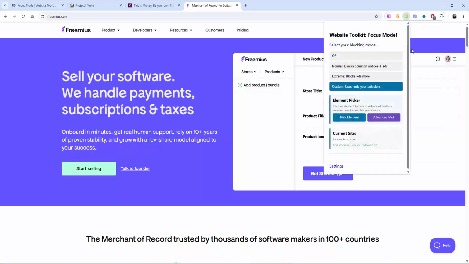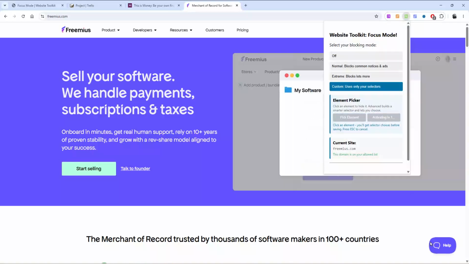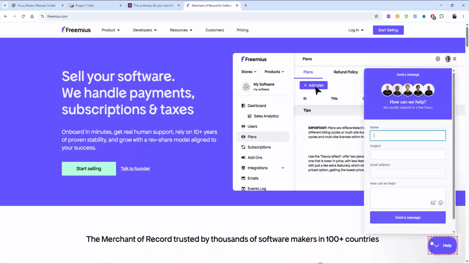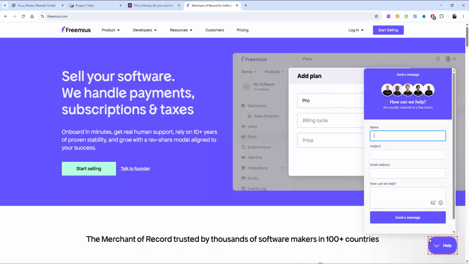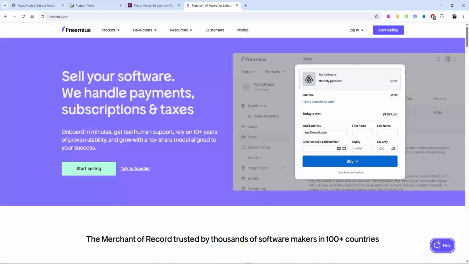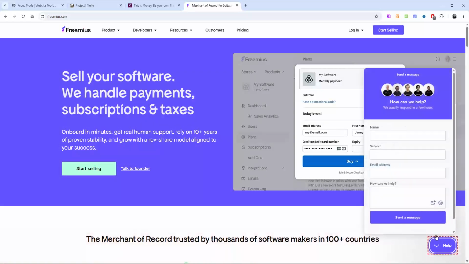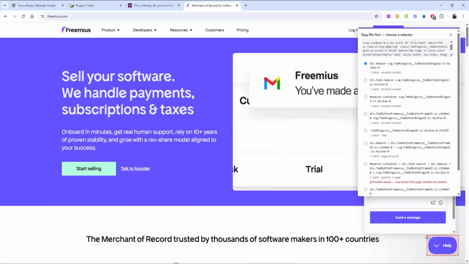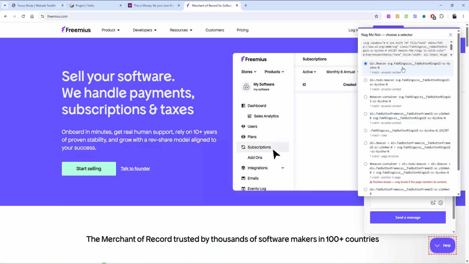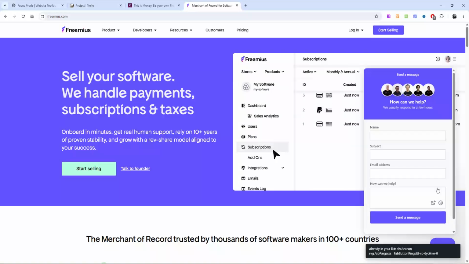So let's give this another try using the advanced pick, and click on the outer bit on that side. It's not working again on this side, mainly because it's JavaScript adding that into the page. So if I just click on that to cancel it off, and as I say, this is live and unscripted and it hasn't quite worked. There we go. I've clicked on an outer bit on here. We've got our div beacon on that side, which should be close enough to save and hide. If I refresh,